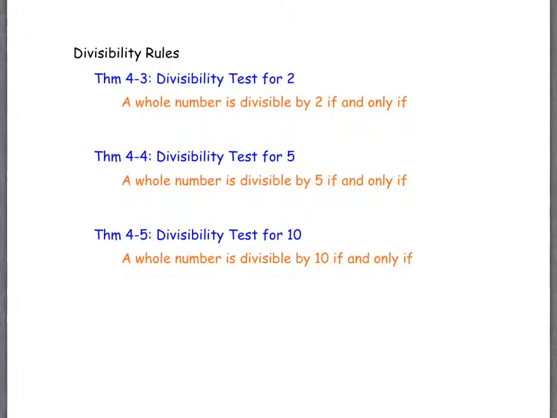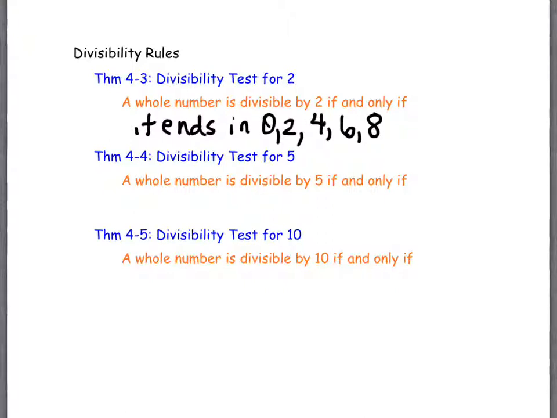Okay, if it ends in an even number, that's important, right? All the numbers at the beginning don't really matter. It's the ending number that matters. And what do we mean by even for the ending number to be even? 0, 2, 4, 6, and 8, right. So a whole number is divisible by 2 if and only if it ends in a 0, 2, 4, 6,